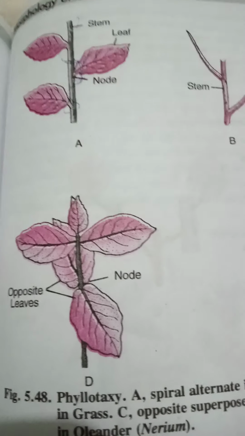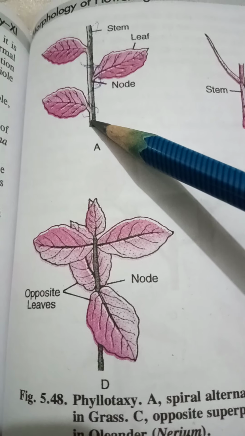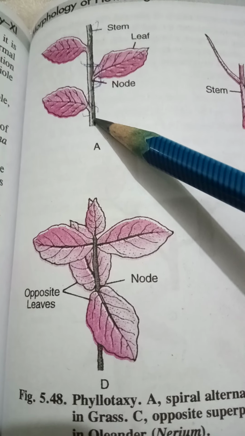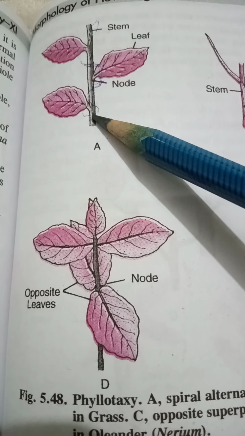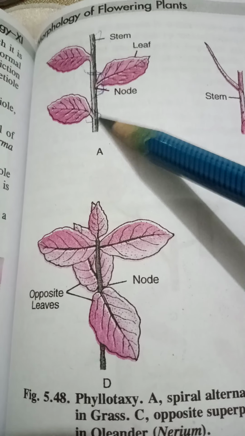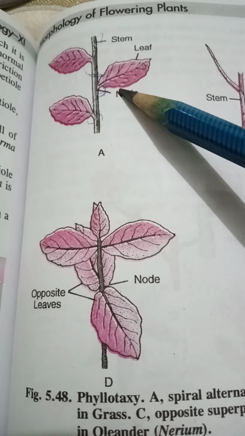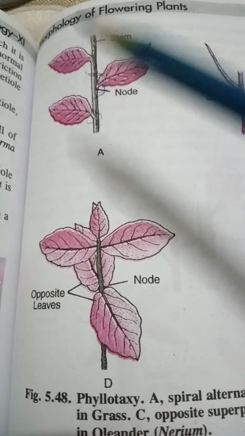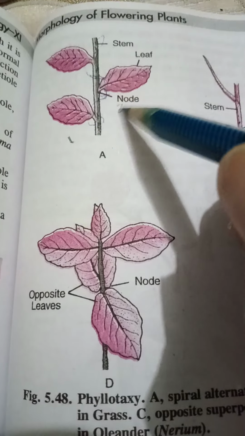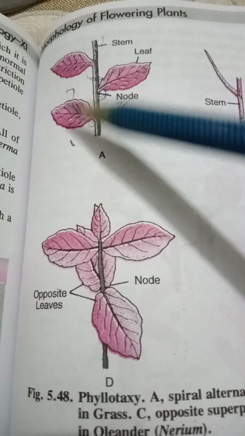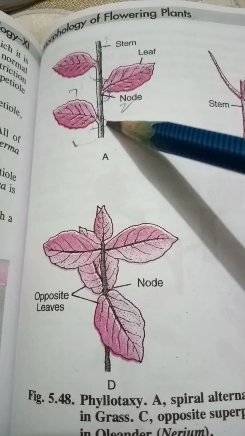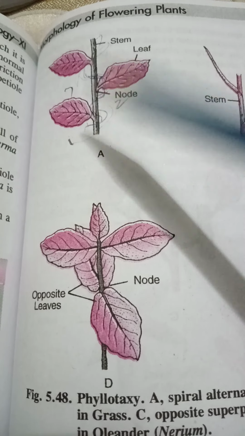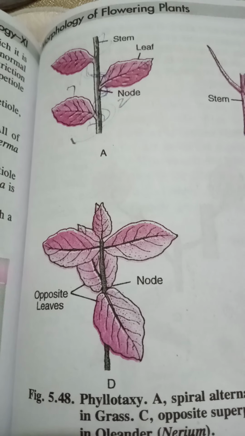So first of all, let us discuss the alternate phyllotaxy, which is also known as spiral phyllotaxy. Here one leaf is borne at the node, okay, and the other leaf is alternately arranged, whereas the third leaf will be just opposite, just above the first leaf. If we consider this to be number 1, this is 2 and this is 3, then these leaves are arranged in a spiral. Or else if we try to draw a spiral like this, if a thread is moved, it will definitely give a spiral type of arrangement.